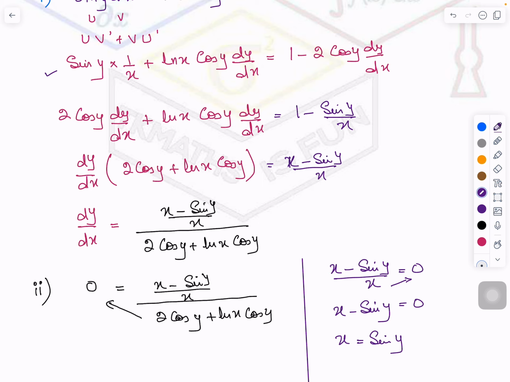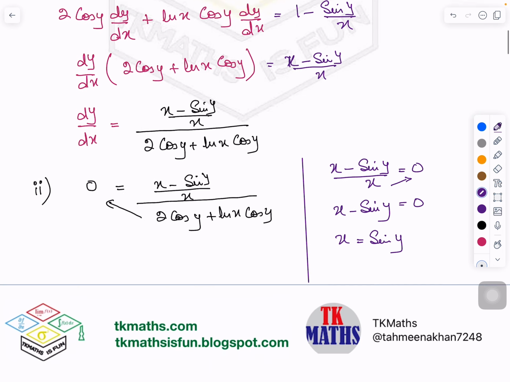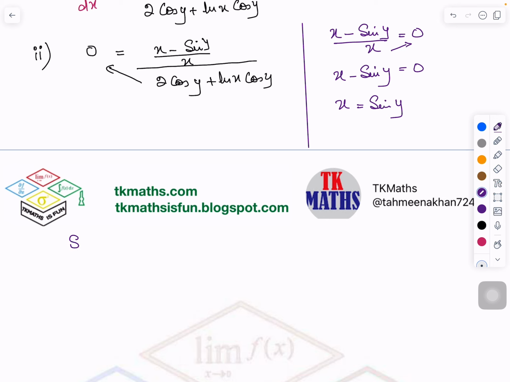Now what will you do? So here the confusion starts. What you will do in such a case: you can substitute this value in the original equation. So the original equation is sine y ln x equals x minus 2 sine y. So wherever I have sine y, I can replace it by x, right? You can see it here. So I will replace this sine y and this sine y by x. So it will become,